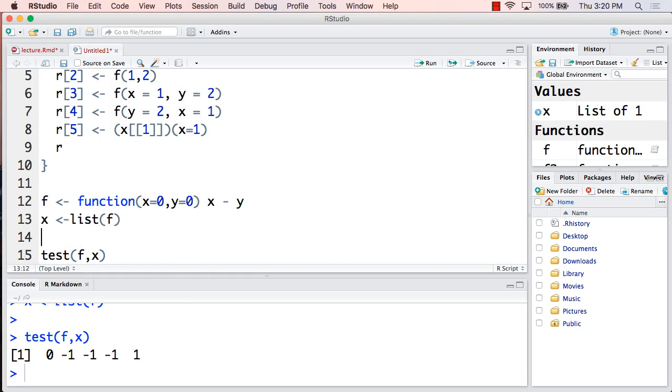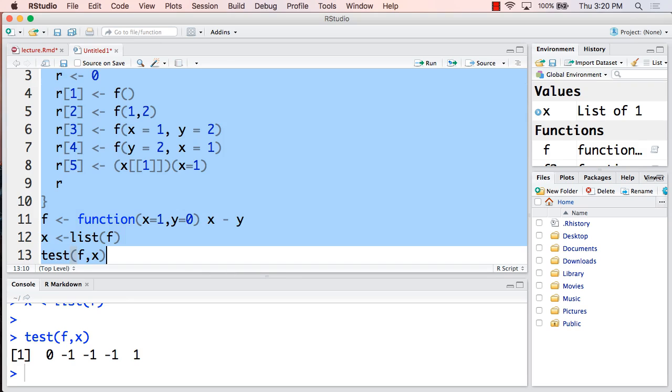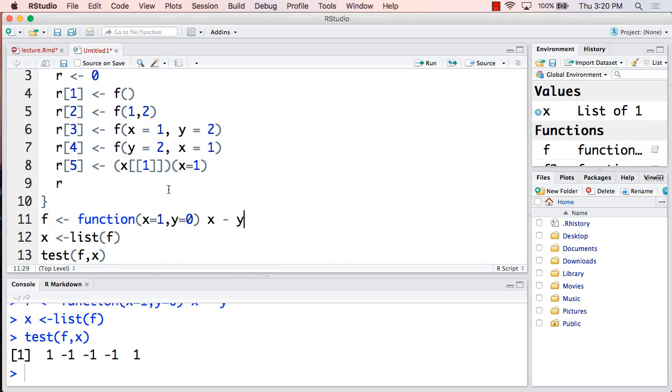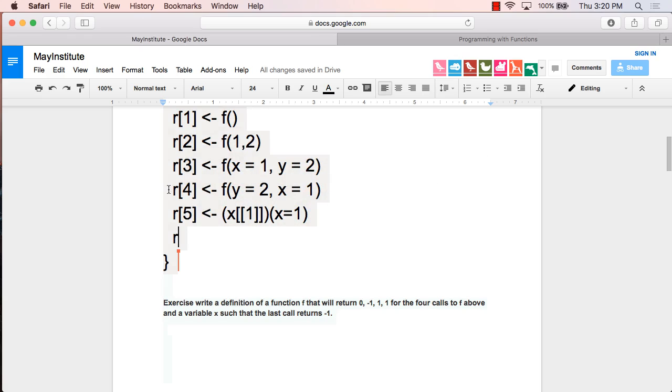So I have one solution that doesn't work. So what would it be if I say 1? What is the expected result? Expected result is